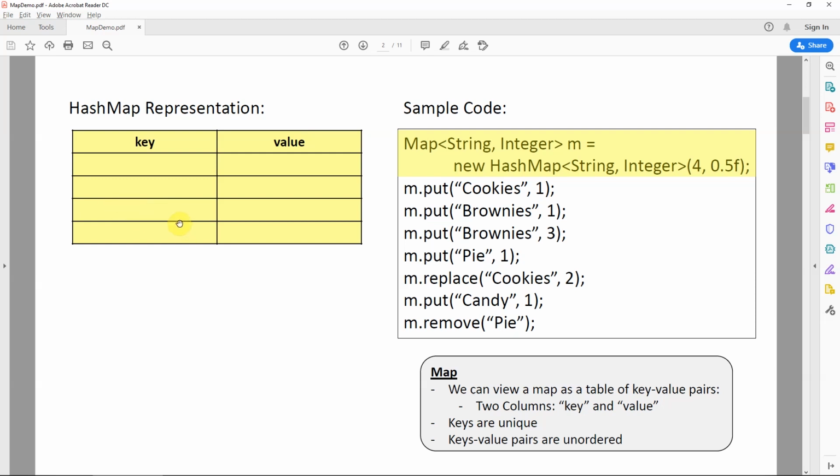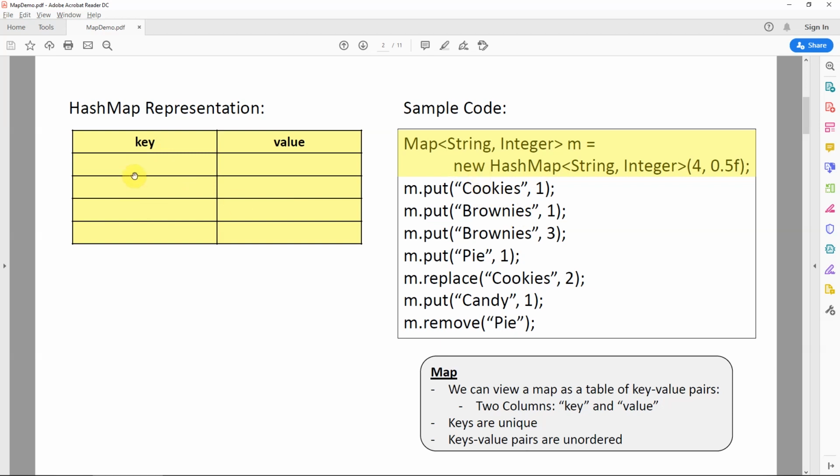So with a map, we can map anything to anything, which is a really powerful feature that we'll see as we tease out this example and then start to write some code using hash maps. So a few properties. Remember, a hash map you typically think of as a two-column table with a key and a value. One property that's really important to understand is that keys are unique. Okay, so I can only have